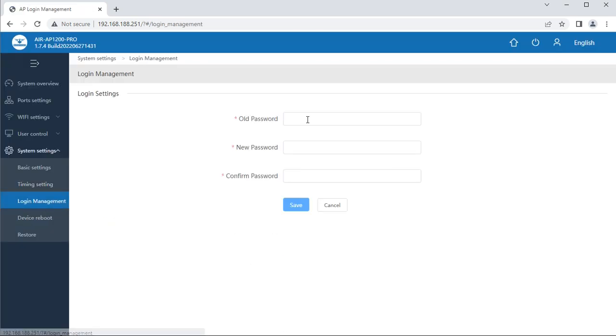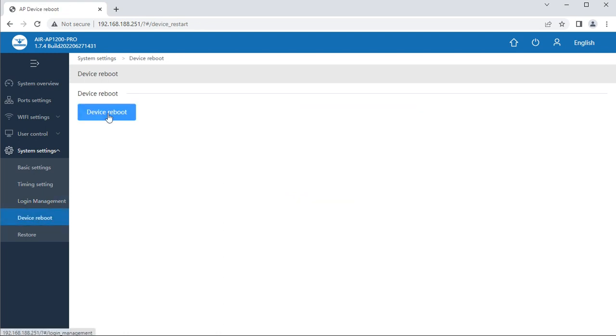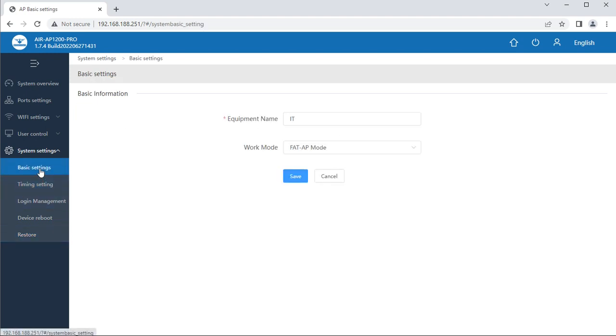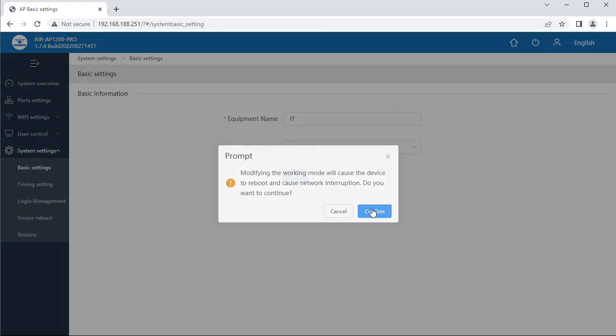We can also have login management from this page, as well as these password settings. So we can change the default admin password to the required password to add security to the device. We can soft reboot this device from the device reboot button, and we can also restore to factory default by this button. So if I want to change the mode from AP to Fit AP mode,